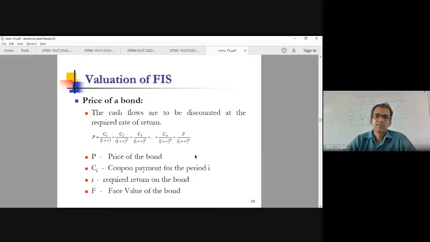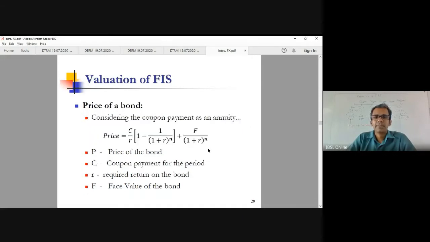Yes, sir. So even though I have put C1, C2, C3, Cn to make it more generic, for a fixed coupon rate bond, that means during the lifetime there's no change to the coupon rate. All cash flows, meaning all coupons, would be the same amount. So then what is this equation? The same thing, but as I mentioned, if all coupons are the same,